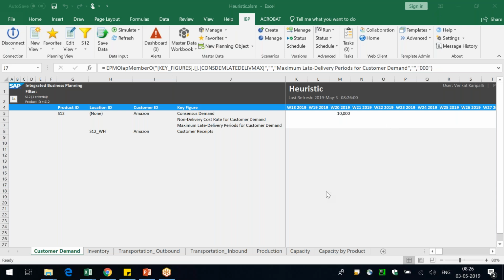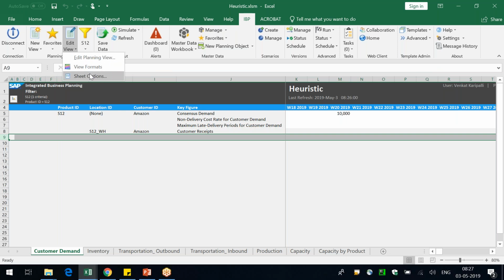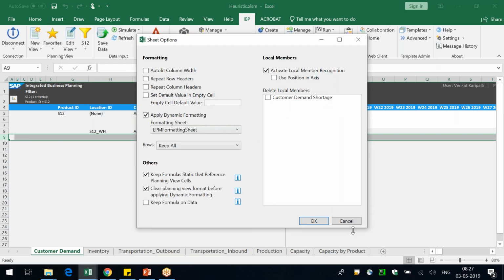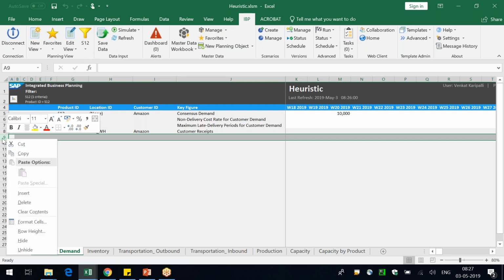Local key figure, yes. I'm thinking that we have covered the local key figures already. Because a key figure is a configurable element, we configure a key figure and then we specify the base planning level and the calculation logic, etc. Whereas a local member is local to just this planning view. So let me create a local member, guys.